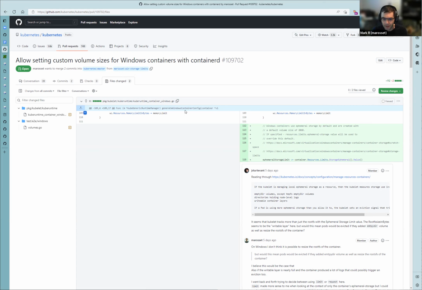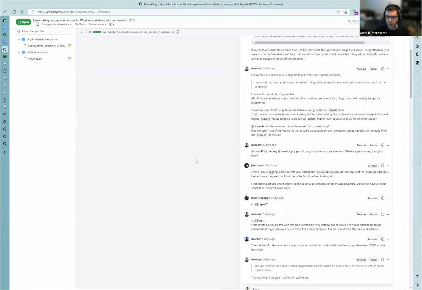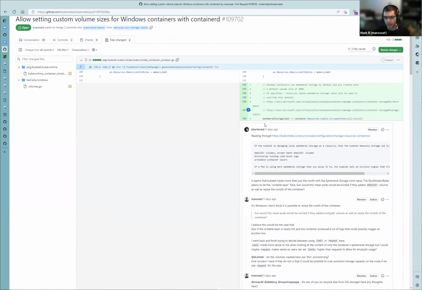I think the feedback I want is how do we want to expose that in the deployment specs? For the purposes of just having something to start the conversation, I updated the kubelet behavior in this PR so that if you set a limit for ephemeral storage on the container spec, that will dictate the size of that scratch volume.